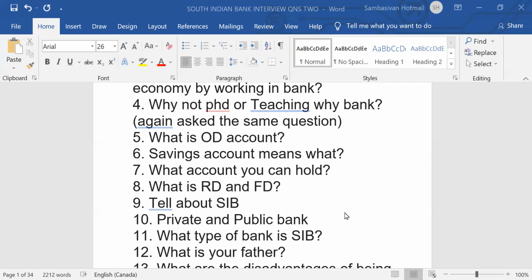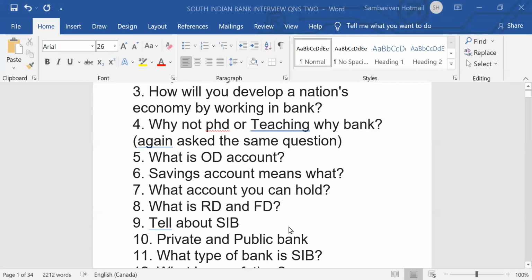In the South Indian Bank, you will have personal banking, private banking, and what is the other one? Personal banking. There is one more clause given: priority banking, NRI banking, business banking. So you can go through that, and based on that, you can answer the questions. Now, this is what I was sharing with you.